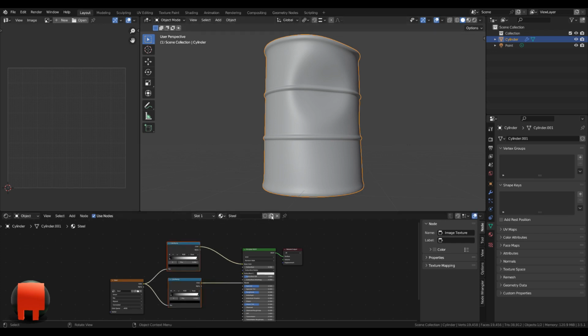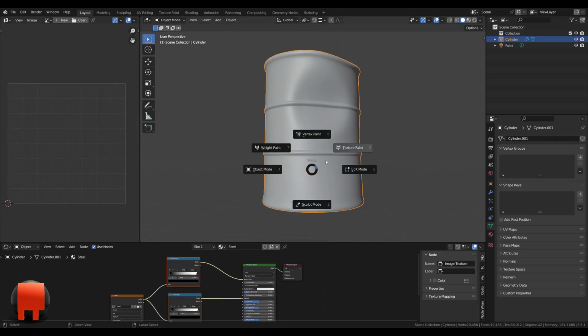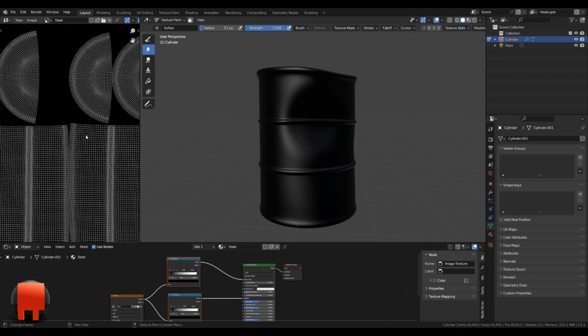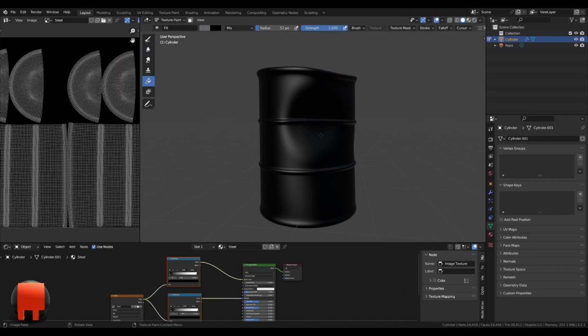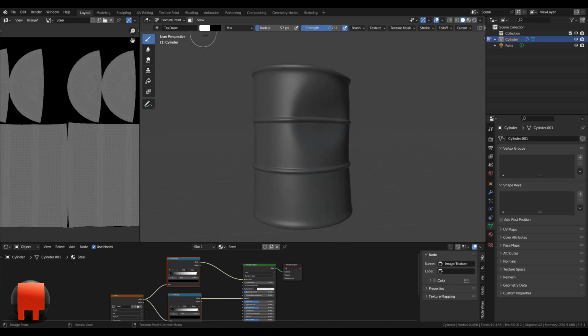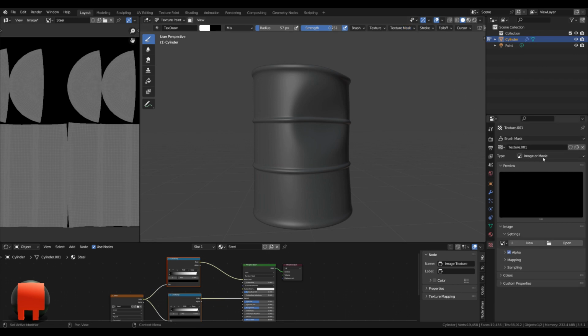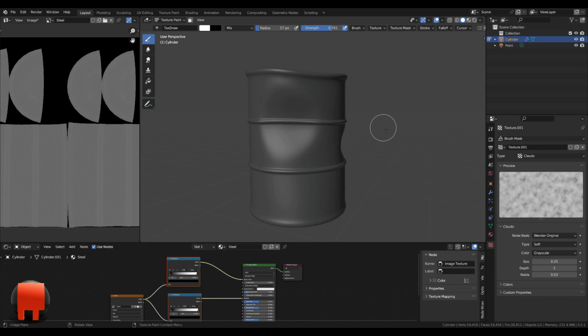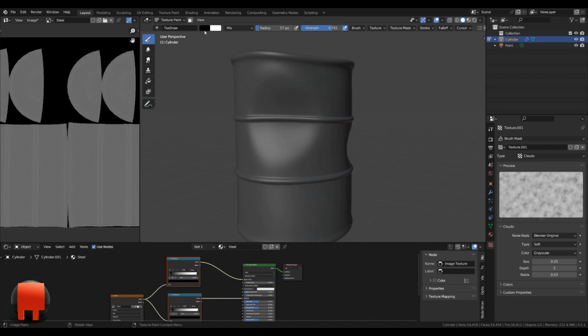Okay. Now we're gonna start texture painting. Control Tab, texture paint. Now I'm gonna fill this with 0.4 value. I got it here, so it's a little bit gray, so it's a little bit metallic. And switching between pure white and pure black with pressing X. And now clicking texture mask, clicking new, and this little icon here takes you to here, and you can change it to clouds. And I'm gonna use the black color